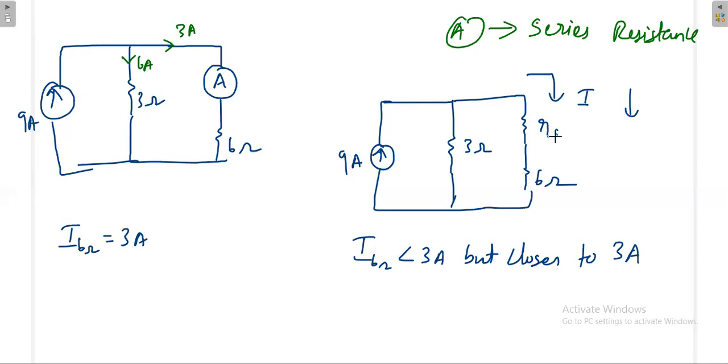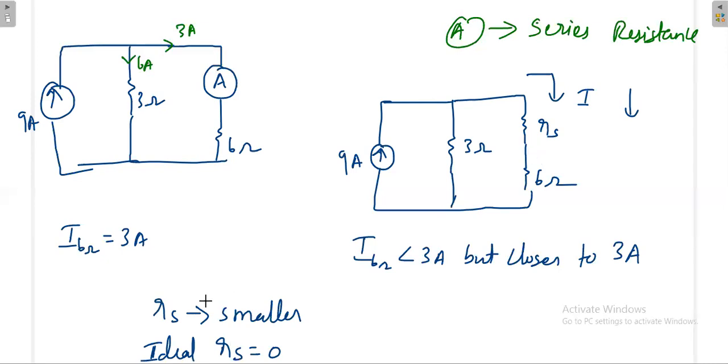Then what should be the value of RS? RS has to be very, very small, but not 0. If RS is 0, you would get the exact reading, but the circuit will not work; the ammeter will not work. For the ammeter to work, there has to be some smaller resistance. Ideally, the value of RS is 0, but then practically you cannot measure the current.